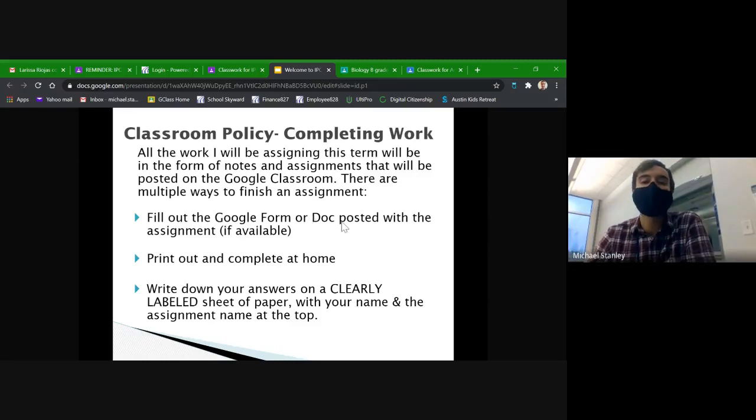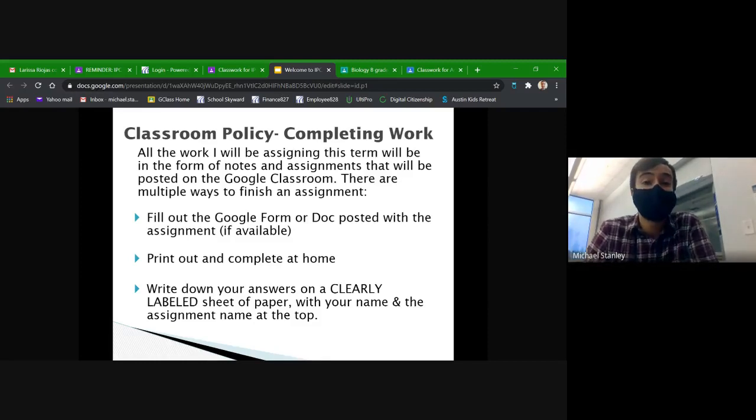Or a Google Doc, which would be a little bit closer to typical homework, where you have your own copy of the worksheet in document form, and you can go in on it and type in your answers as if you were typing on your own paper. So that's probably the easiest way and the way that most people in the past have completed their assignments.